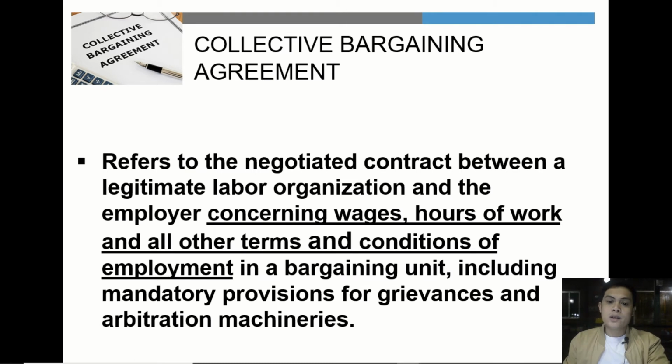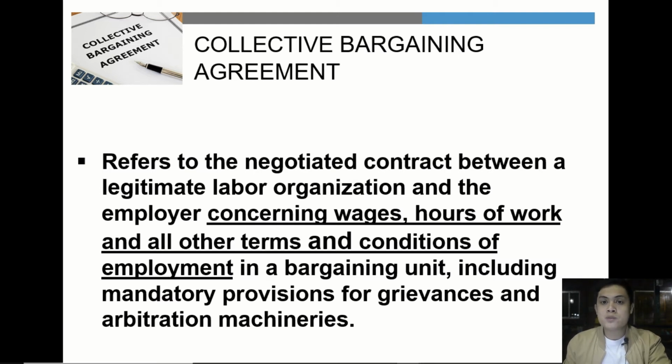Now, the collective bargaining agreement refers to the negotiated contract between a legitimate labor organization, meaning it is registered, and the employer concerning wages, hours of work, and all other terms and conditions of employment in a bargaining unit. In other words, in a CBA, there are agreements that the management and the workers should meet together or decide together. Now, in those agreements, of course, aside from what is due to employees, there will be a request,